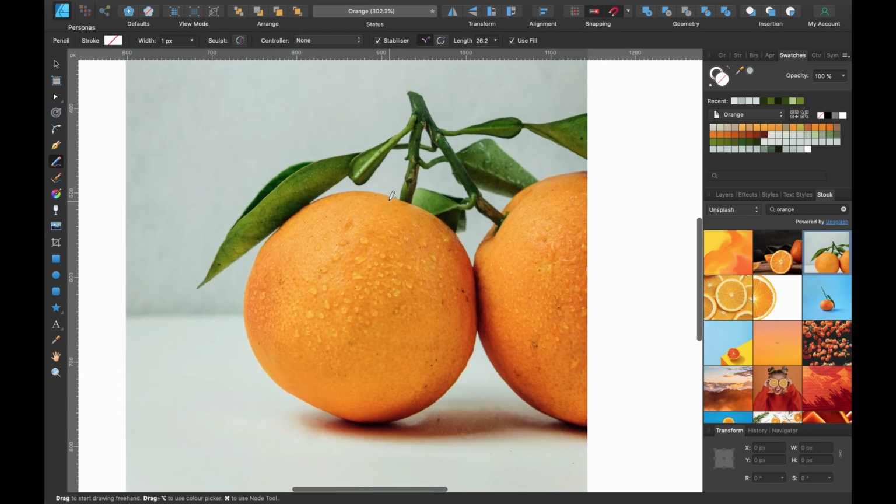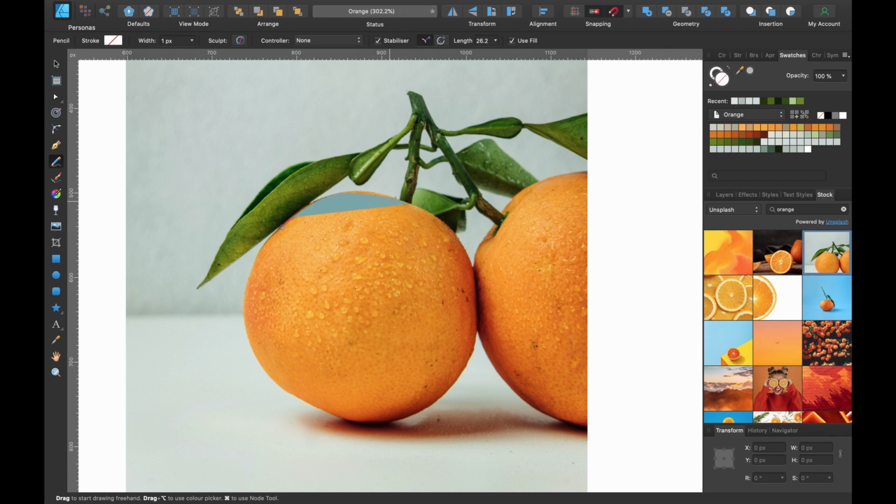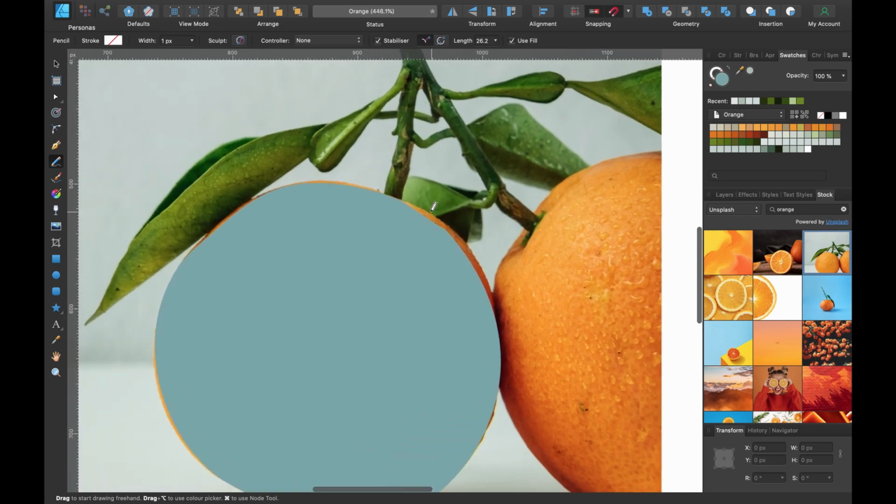I'll demonstrate that now. So I'll click on the edge and you can see this red kind of rope here. This allows us to kind of drag that behind us and get kind of a smoother edges here. So it's not so jagged. I'm just going to drag this around, kind of following along the orange shape, and I'll just stop about here. So I'll zoom in a little bit.